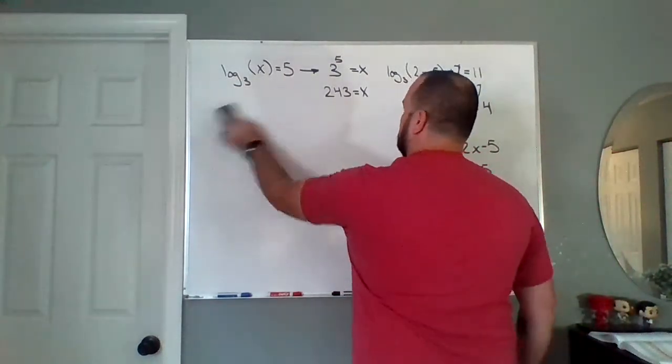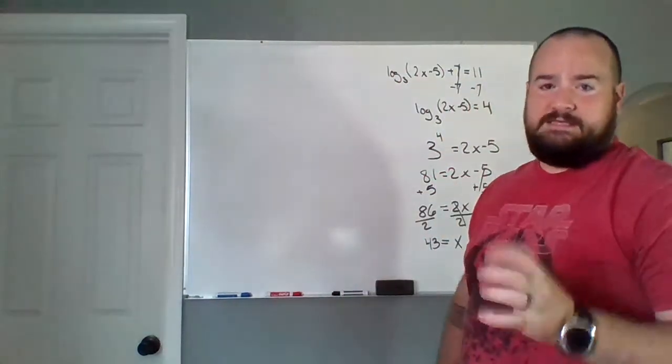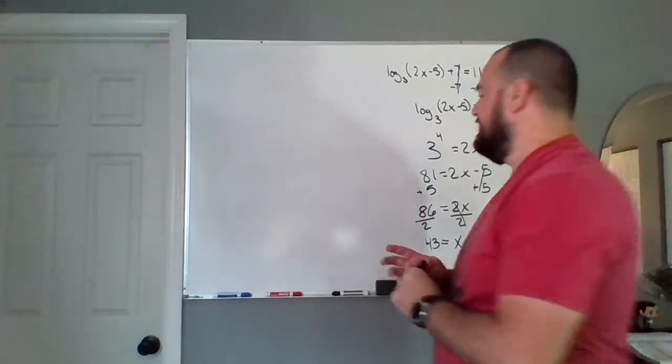Because all of these have the unknown inside the argument of the logarithm. But what if I have something like